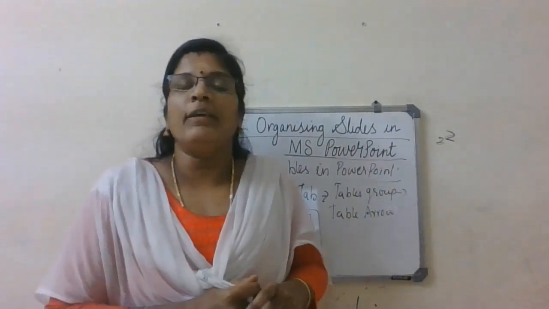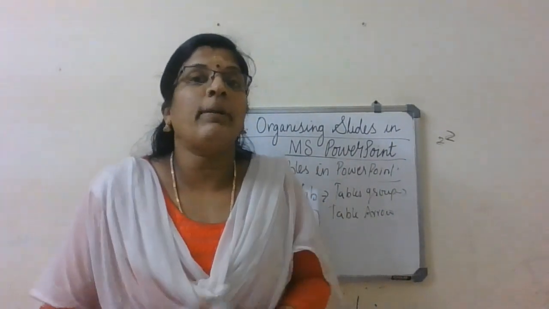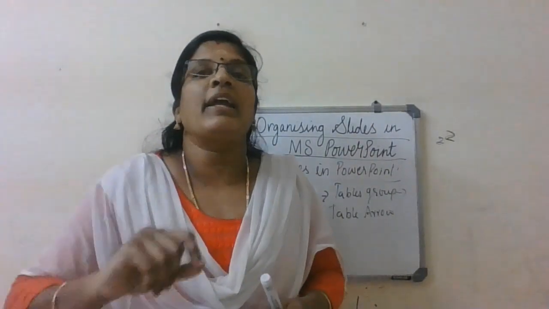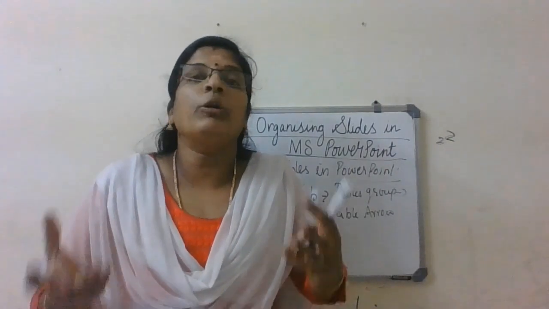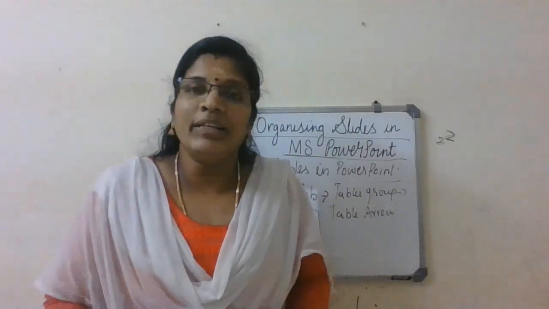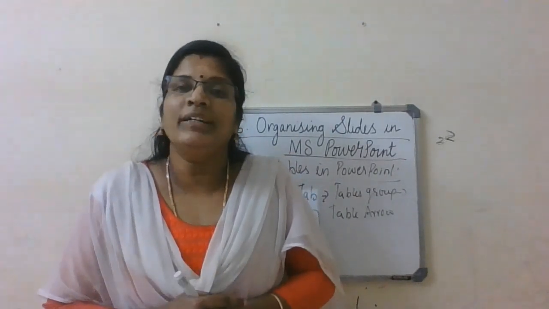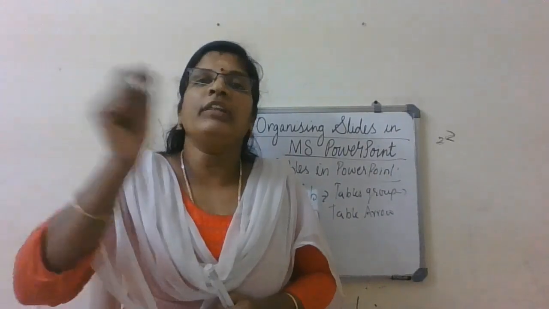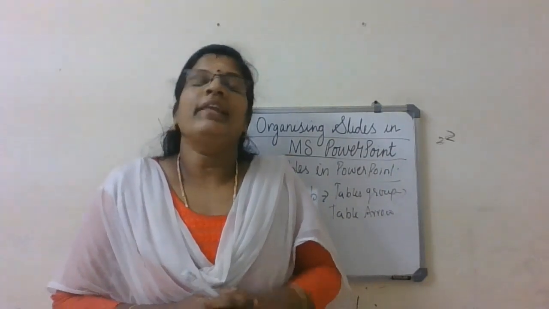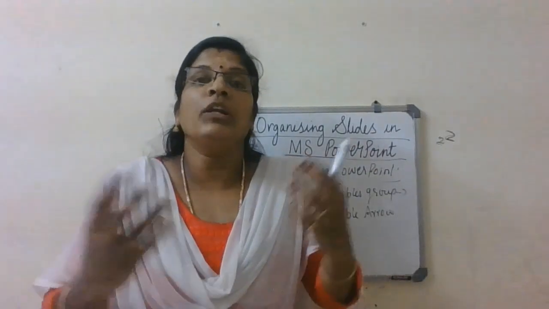Smart art graphic is nothing but you can have different types of layouts. You can visually represent your information to the audience. See, sometimes if you write line by line like paragraphs, the audience will not be interested to read it. If you give everything as a paragraph, no one will get interested to read what you have written. Am I right? If I'm creating a presentation with everything in full sentences, will you get interested to read it? No, right? Then how can you present your information? You can present your information in a visual context.